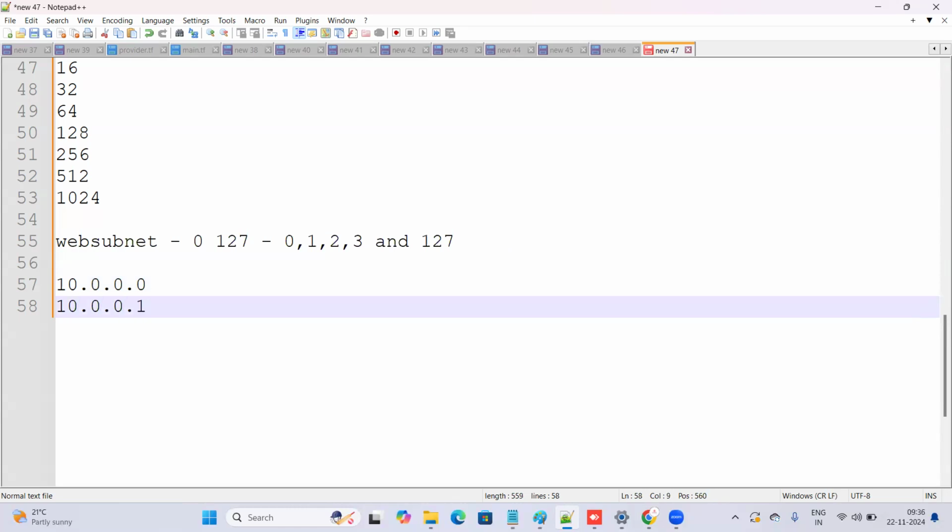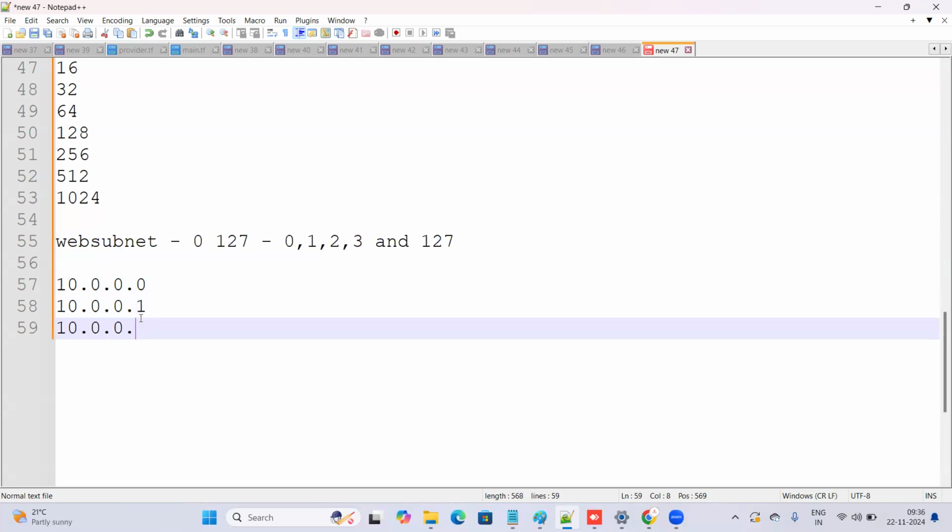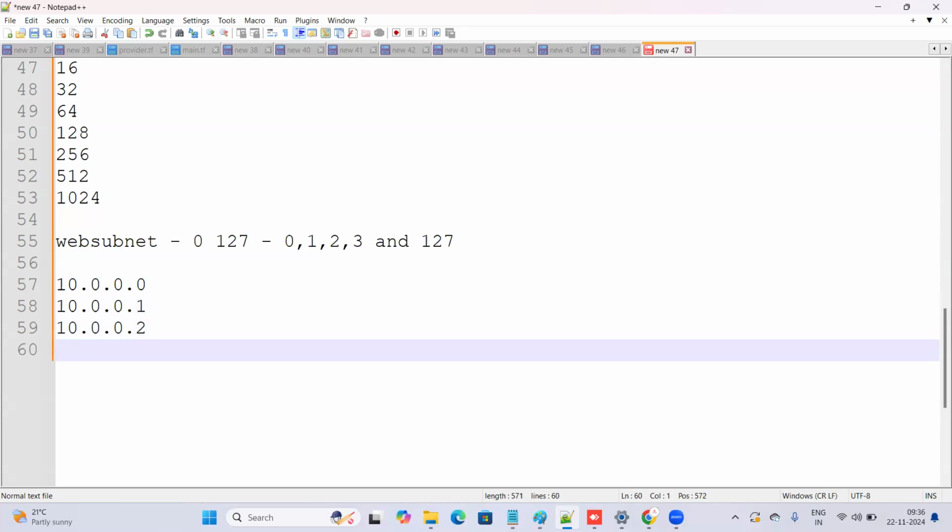10.0.0.1, 2, 3, and 127. All 4 of these IP addresses are reserved. We cannot use these 4 IP addresses. Actually, we cannot use 5 IP addresses. Understand? I am explaining all this because whenever a server is created,